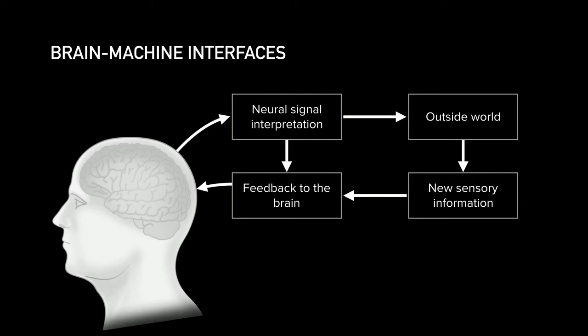But the machine is just the stand-in for the outside world. It could be another brain, it could be software, it could be a robotic arm. But you want to receive energy from that world and impart, through the senses like vision and audition, energy back into the world through things like motor control. And that language that they use to communicate, putting aside the interface hardware for a second, it's very important to